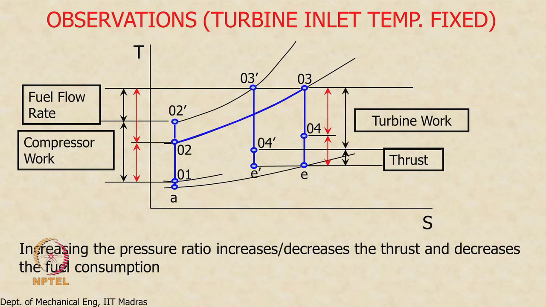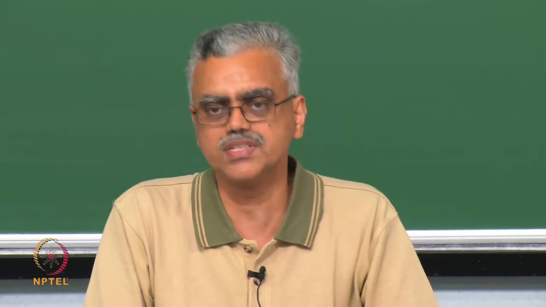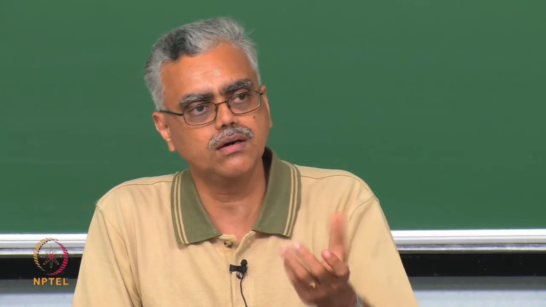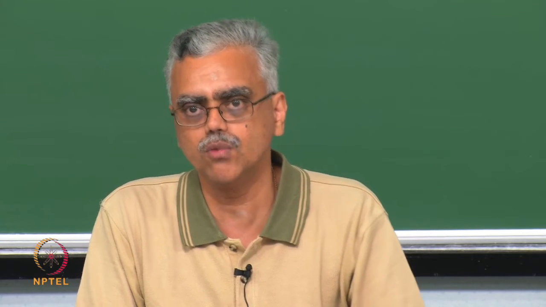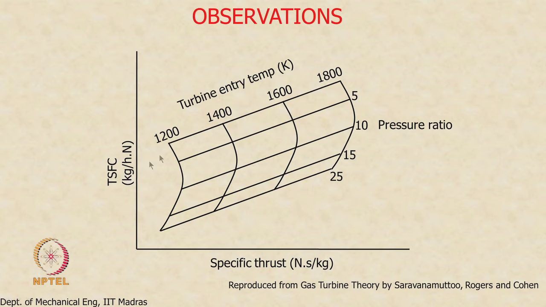Now, what we will do is combine these two findings and look at them with some numbers thrown in, so that we get a quantitative idea. All the inferences so far are qualitative. We will try to get a quantitative idea on how this happens. So, here is how the numbers look. I have plotted thrust specific fuel consumption. So, this is fuel flow rate and this is specific thrust.